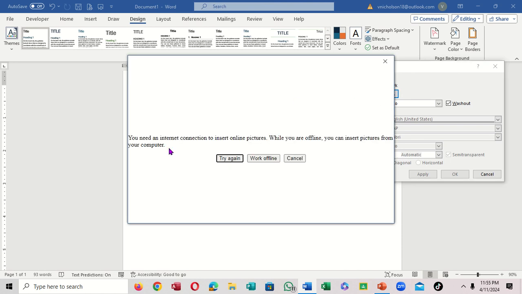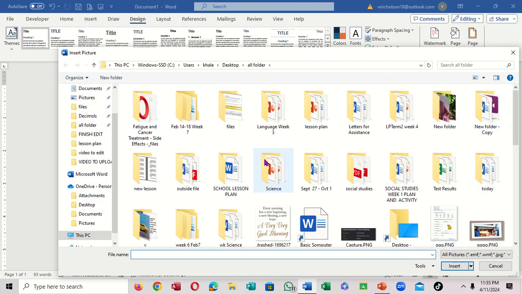Notice it says try again. You will need to have internet, right? So if you decide to have internet, you just come right here. Or to work offline, you just click right here. Now this takes me directly to my desktop, so I'm going to come right to the side and scroll up